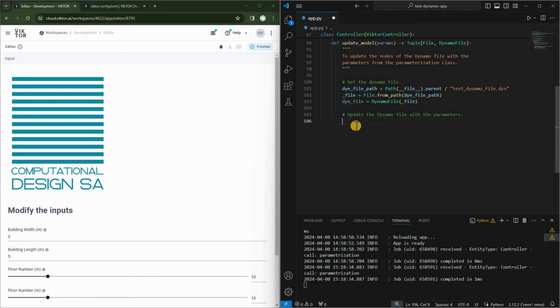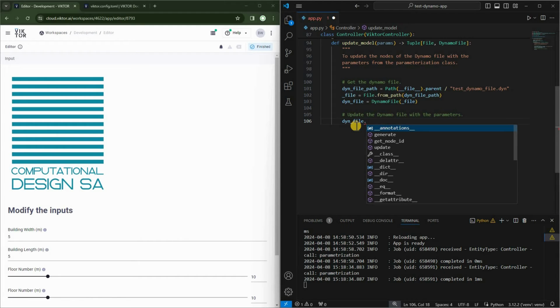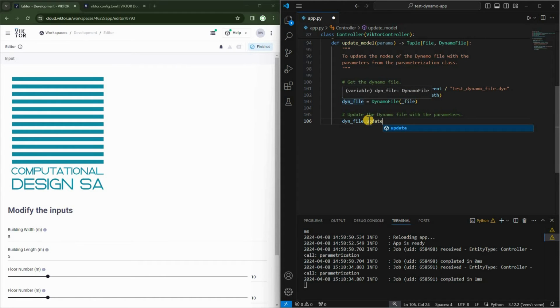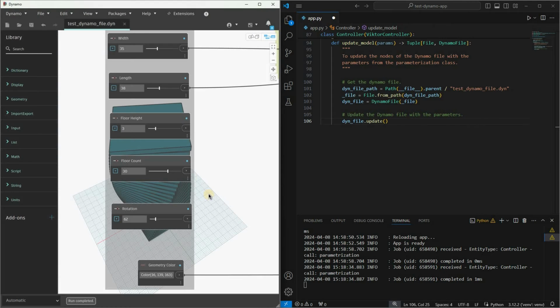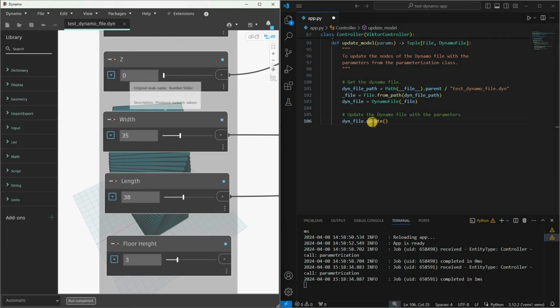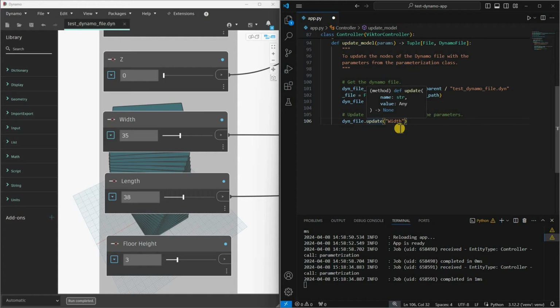Then we will type in here dyn_file.update, the update method from the dyn_file object. Okay, that lets us update the parameters. Then I'll open brackets here. Now let's open our Dynamo file so you can see what I'm talking about exactly. As you can see here, this is the first parameter I would like to update, right? So this update wants the name of that node that we want to update. So we're going to take that node name precisely as it is. If it's in caps or small letters, type it in exactly as it is. So here in quotes, I'll type in a string, width, and then it wants the value that we want to update it to. So the value we will have to get